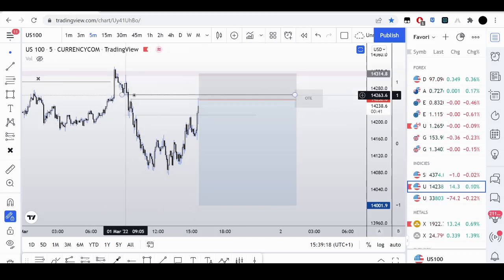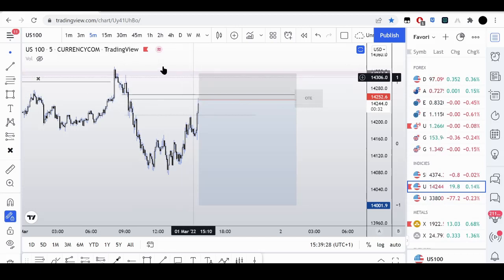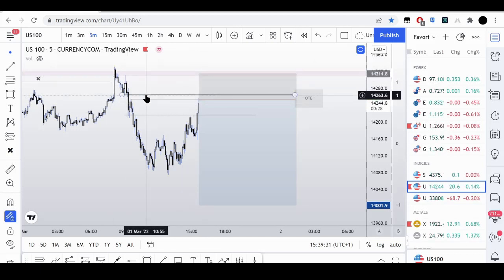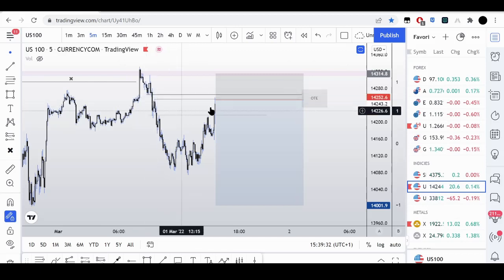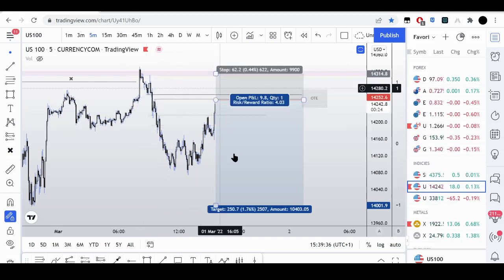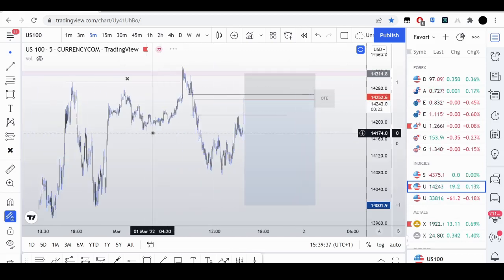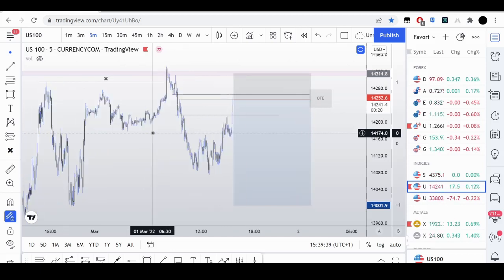But since this fair value gap is here, you have these 2 consecutive up candles, well 3. I expect this whole area to hold. If it gets taken out, then it's most likely coming for this high. I'm going to go over some of the trade management once this starts going into profit. So I'll see you guys in the next update.